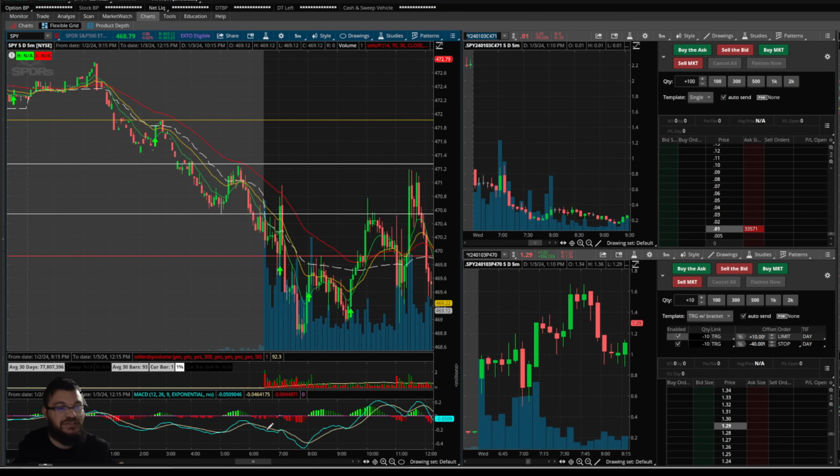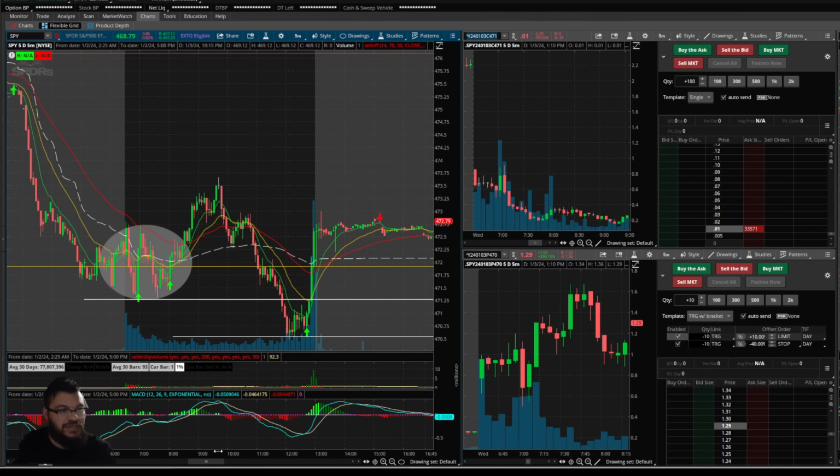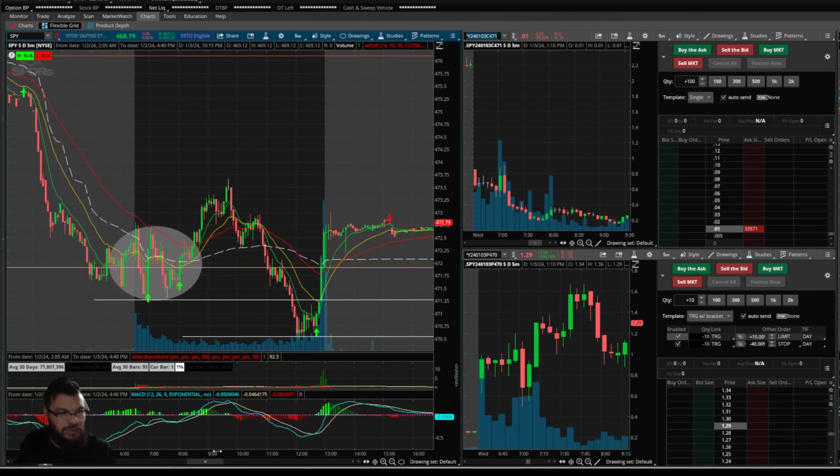Now, I'm saying this is very similar because I want us to look at this behavior here, right? The candle comes up, it gets slapped off of that 50 EMA, and then it comes right back down. Notice what happened over here, right? And this is something that we're noting, right? The other day, notice it comes and gets close to that 50, gets slapped right back down. Comes up, gets close to that 50, gets slapped right back down, right?